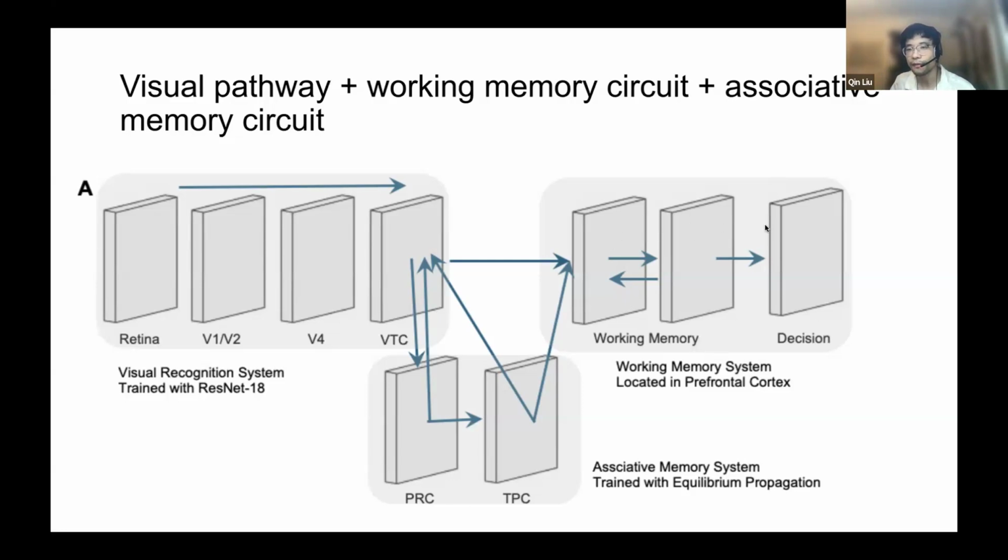And then I still have the working memory system that I built in the first two case studies. They can store the images passed through the visual processing system. And then the visual working memory will interact with a long-term associative memory system. It can retrieve items that are stored there. It can encode new items into the long-term memory as well.